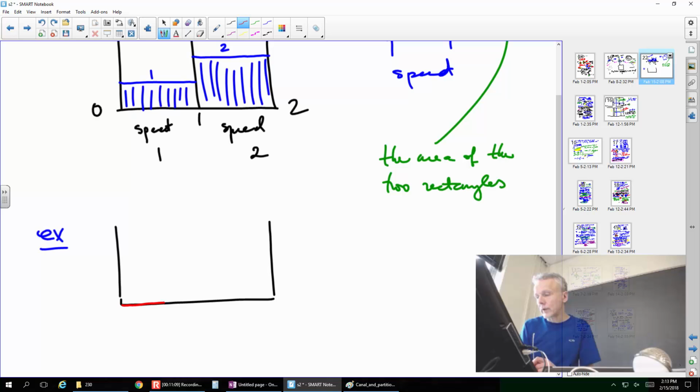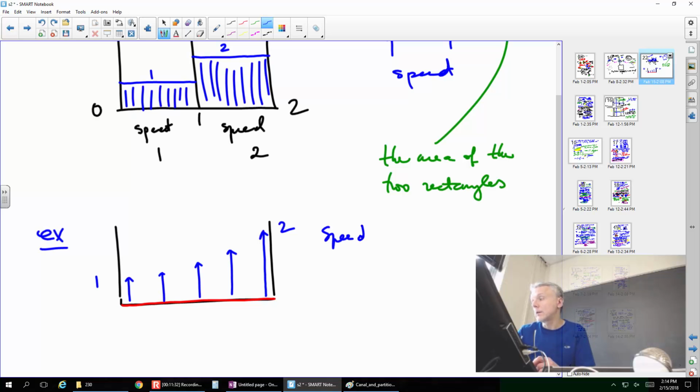It's hard to think of it as a log, but we have some kind of line, and through that line we have water passing. And suppose its speed varies from 1 to 2. How does it vary? Hypothetically, it varies linearly. So speed grows from 1 to 2 linearly